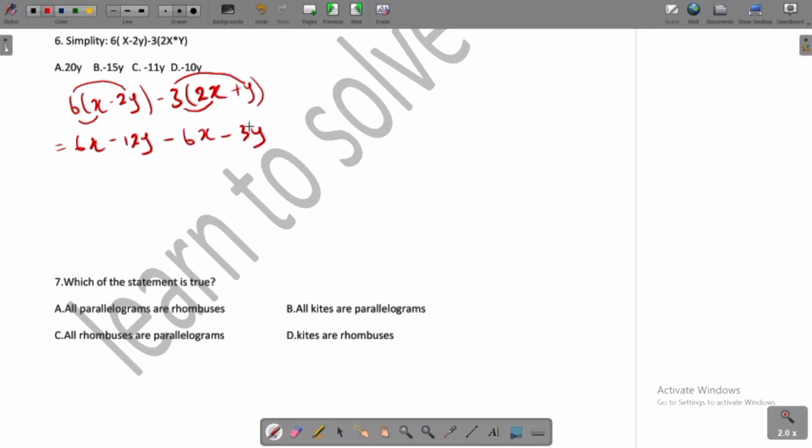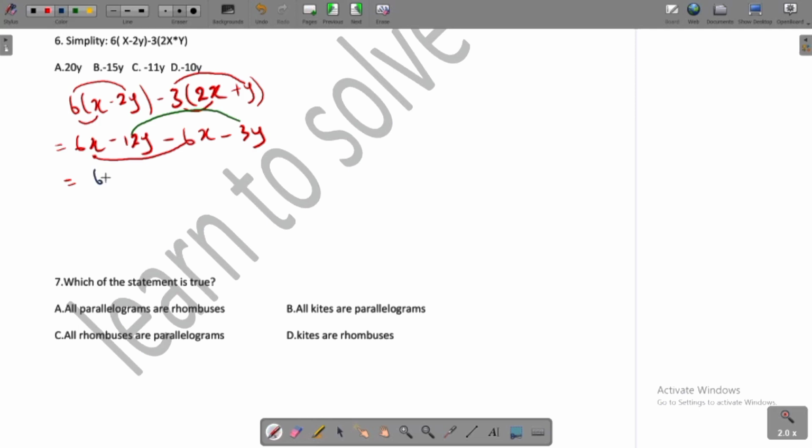So this question in particular is one of the questions you can see in the theory section of your exam, because I've come across this question in the theory section. So now we are collecting like terms. We put the ones that have x together. So you have it here. And you put the ones that have y together. You have it here. So bringing it together,